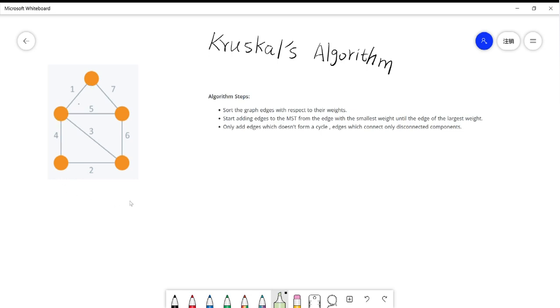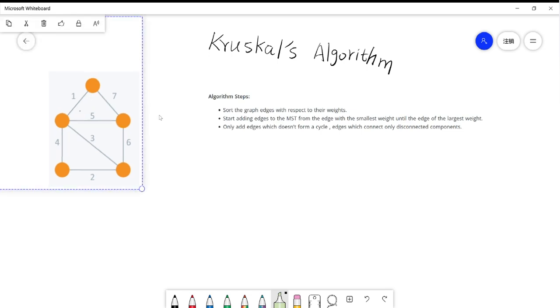We can see this is an undirected graph, and there are vertices and the edges. The spanning tree needs to include all the vertices, and it's a subgraph of the graph, and it's a tree. It's a tree means there's no cycle. So for this graph, it can have many spanning trees, like